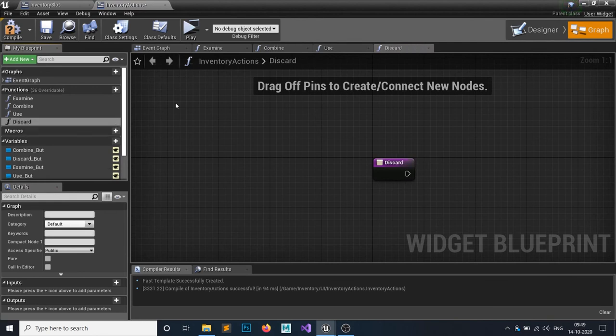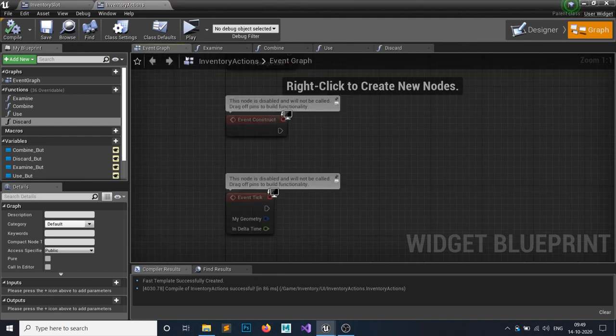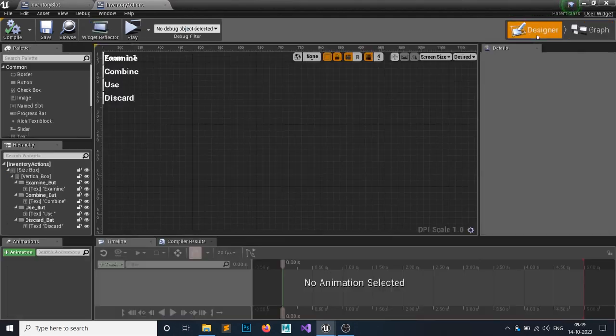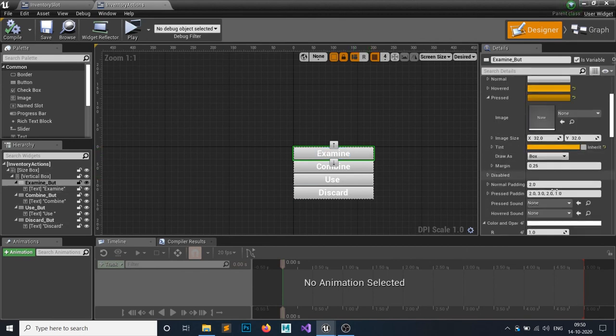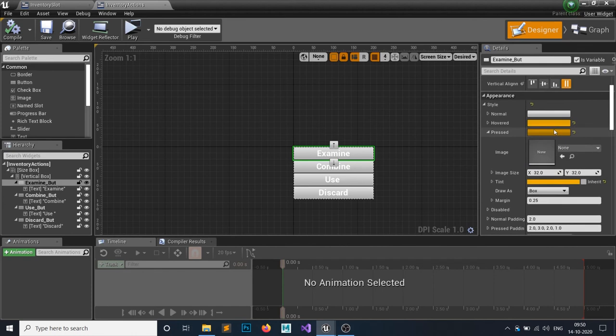Simple. And we want to call all 4 functions whenever our player clicks any of these buttons. So if you click on this examine button, then you can see this little details panel.